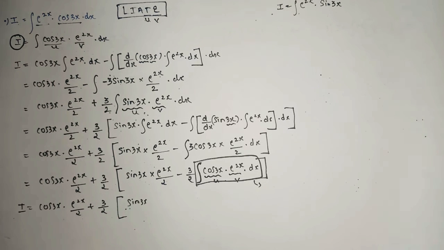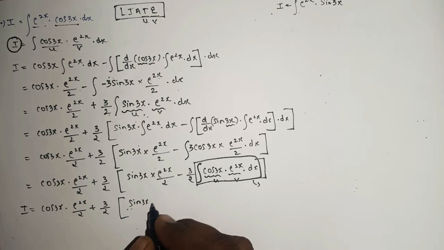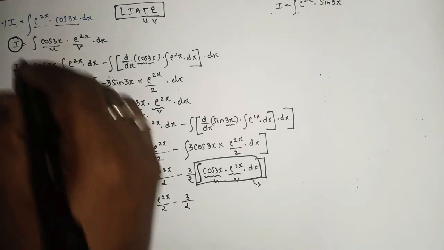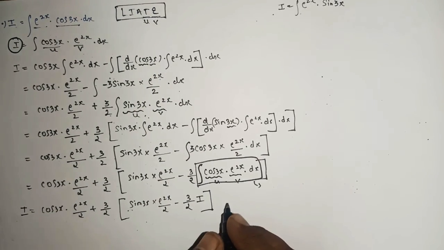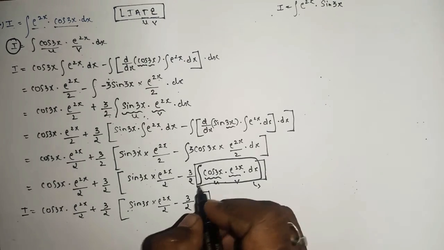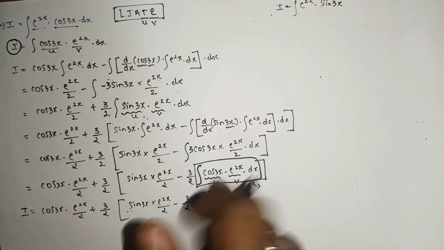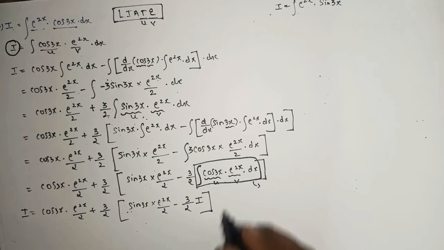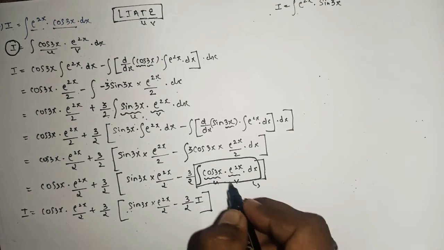Okay, so if you want to break the chain, break the loop, what exactly do you have to do? Just check what this looks like: the exact question. So in place of this part we'll write I directly, as the integration is removed. We know that as we integrate with respect to x, we write plus c. But here we are not integrating, we are resubstituting this value as I.